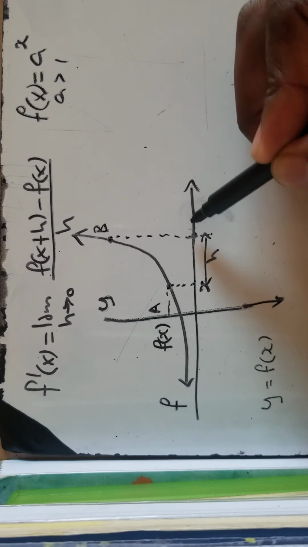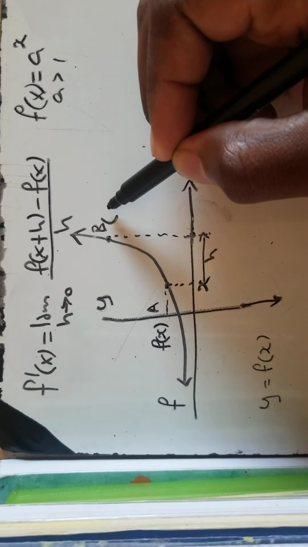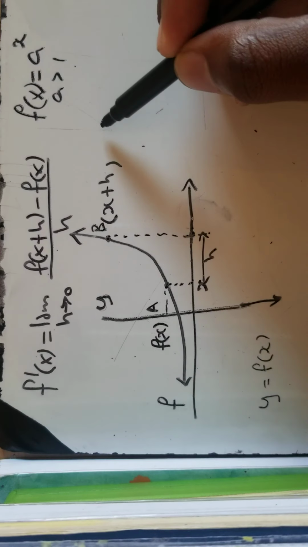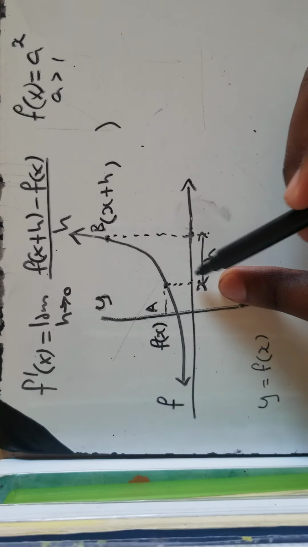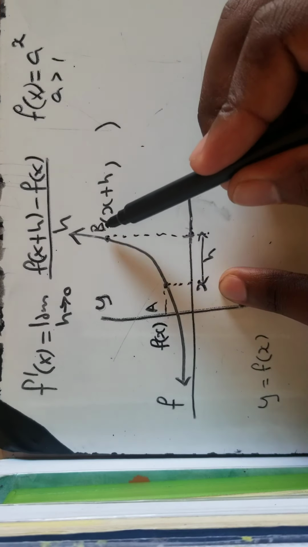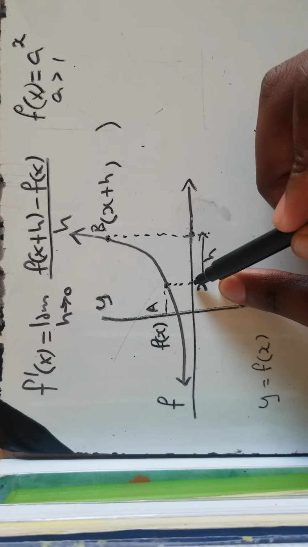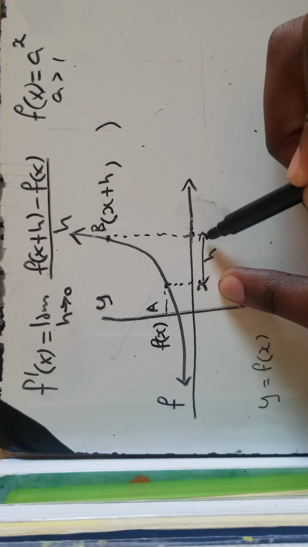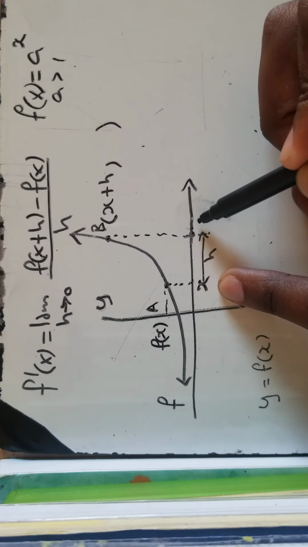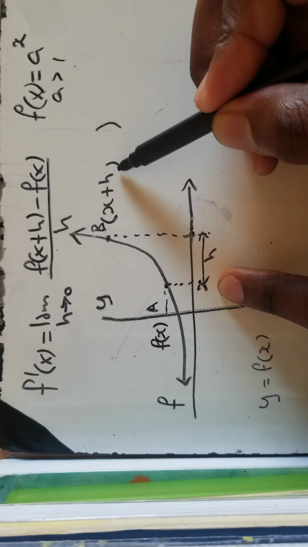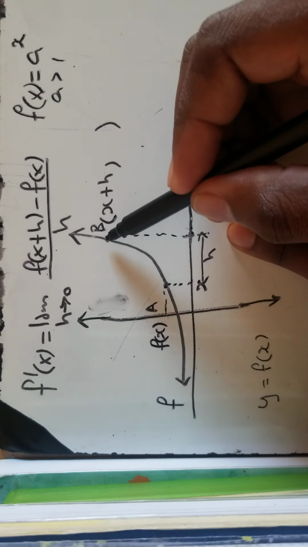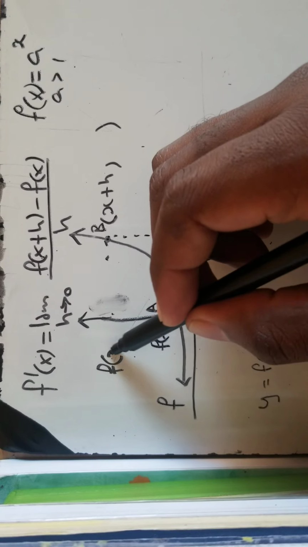So the x coordinate at point B will be x plus h. This is your x value at point B. The x value at point A is x, and the corresponding y value is f of x. At point B we are traveling h units from A, so the x value is x plus h, and the corresponding y value to x plus h